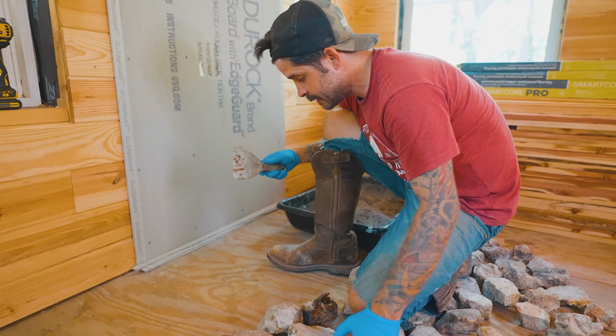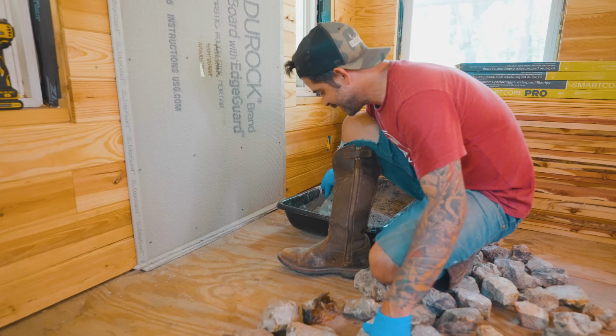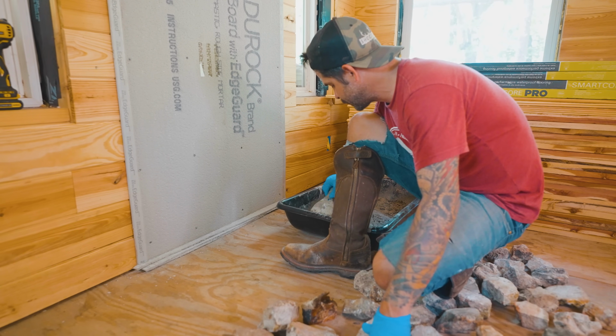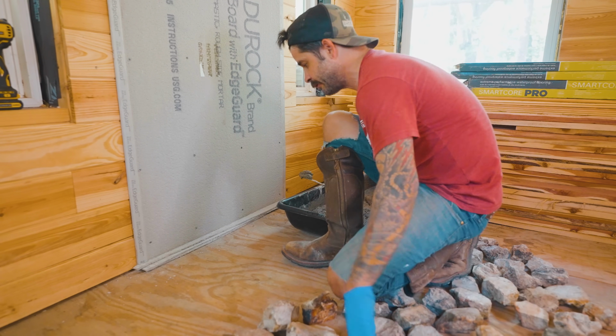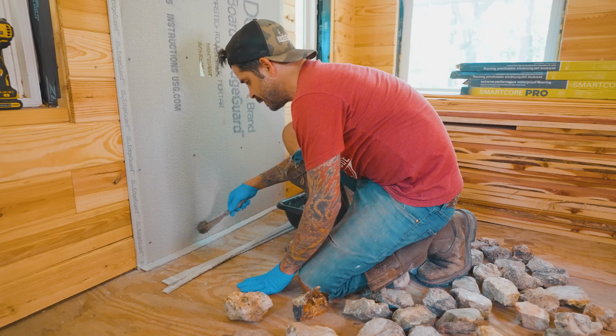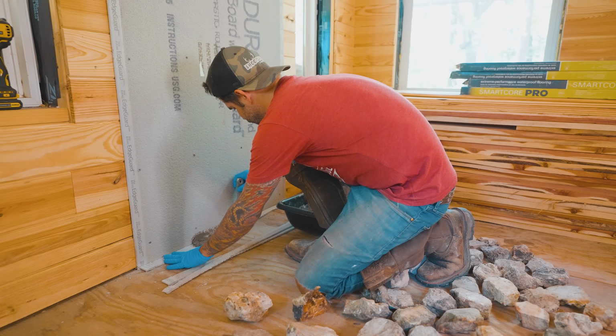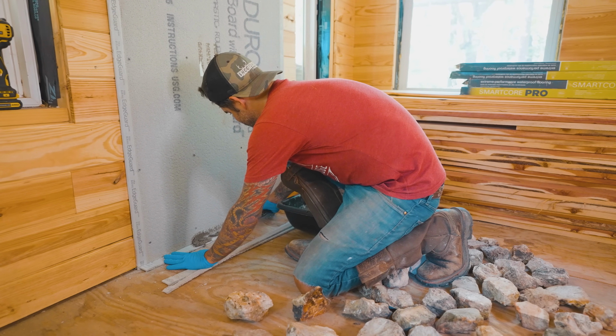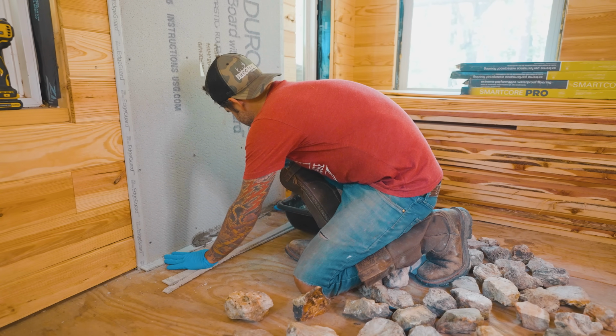Alright, so what I'm gonna do is, hopefully I mixed this good. I don't know if it's too much or not enough, but I think it looks pretty good for what I think. So I'm going to put a little bit on here and kind of put these layers together. This is why I get the gloves. I ended up using my hands more than anything